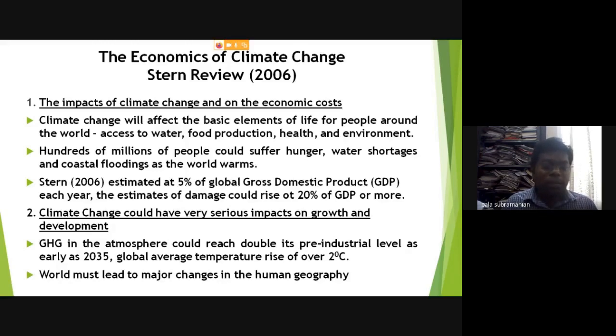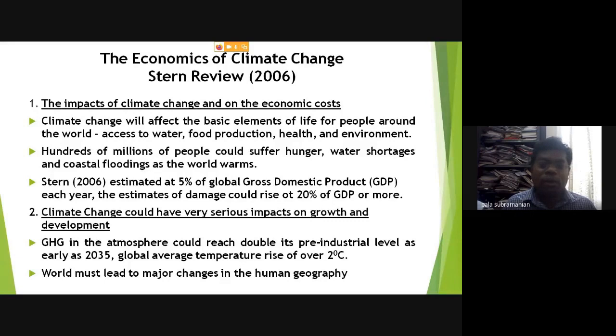The second aspect: climate change would have a very serious impact on growth and development. For example, how is India assessing its economic performance? GDP is one very basic measurement of whether my country is on a path of sustainable growth or not, whether 5% GDP, 6% GDP, or 10% GDP. Here, if they are not implementing any local policy or national policy or international policy,